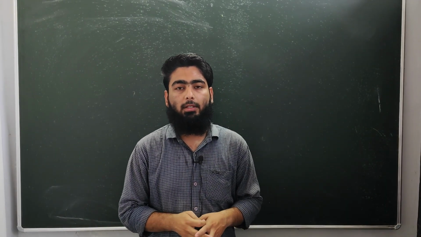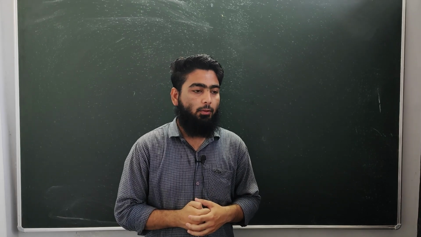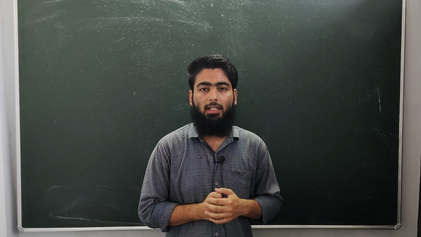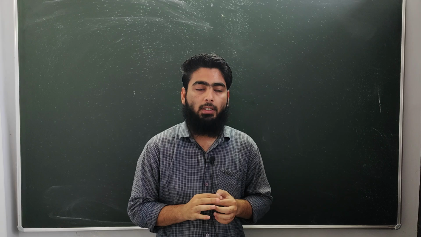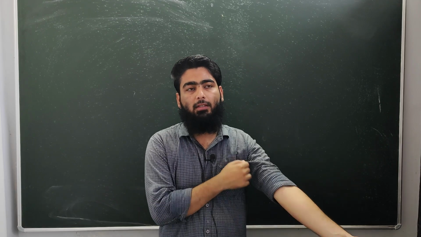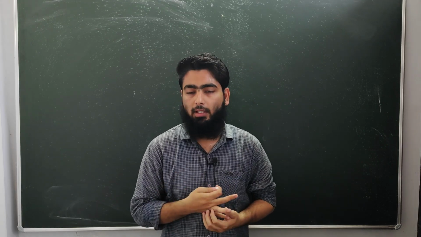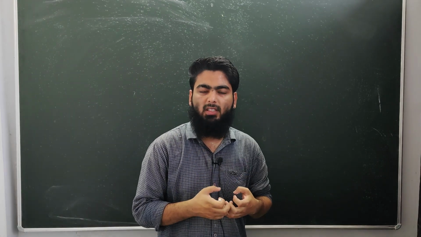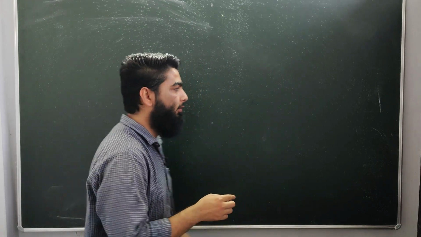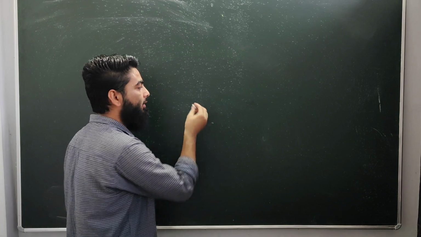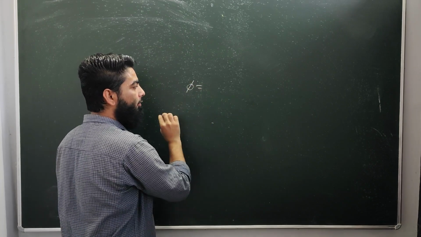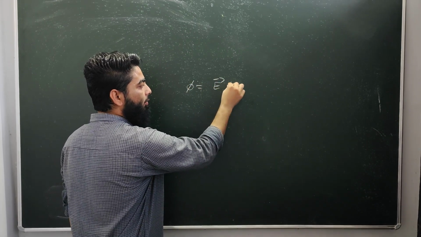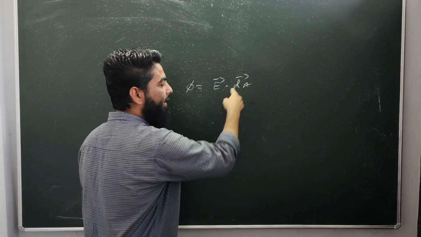We were discussing the chapter electric charges and fields. So we studied flux, the electric field lines crossing through an area. Electric flux is basically the amount of electric field lines crossing an area. Now we already know one formula for finding electric flux through any closed surface. That is phi equals the dot product of the electric field vector and the area vector.